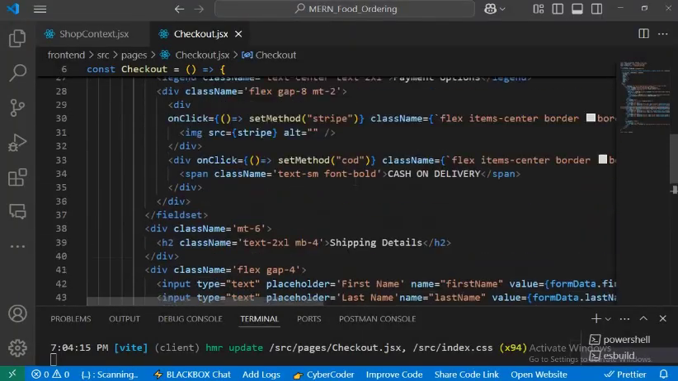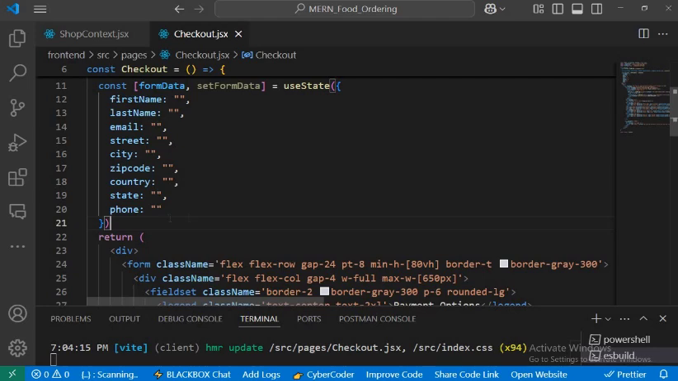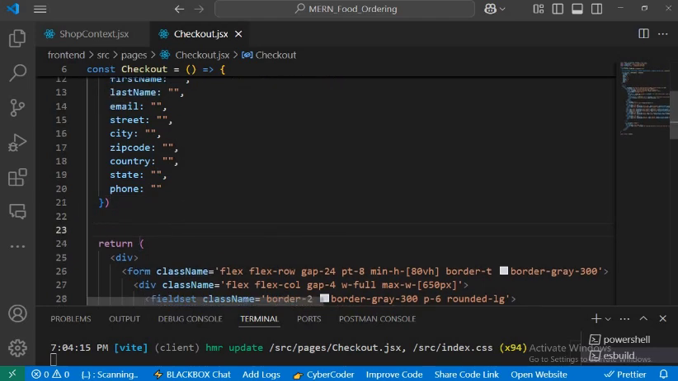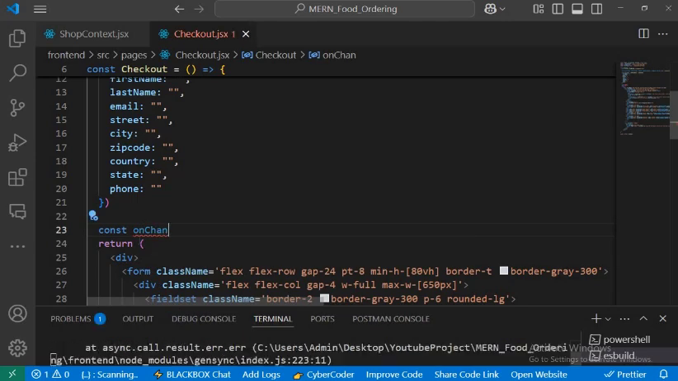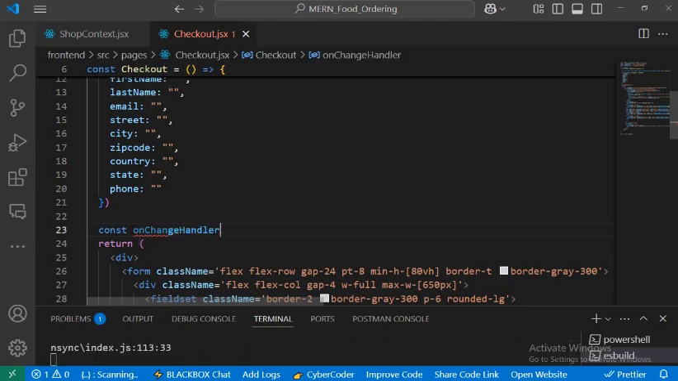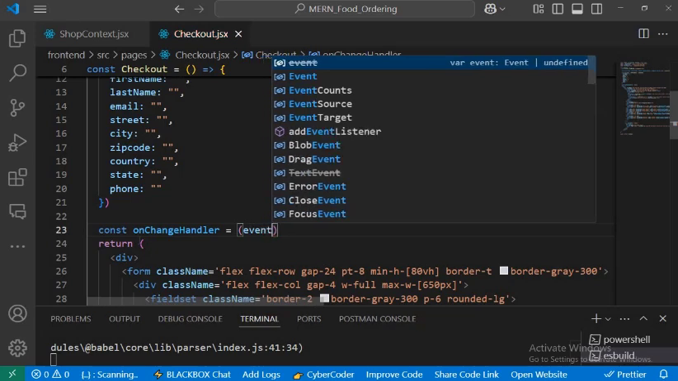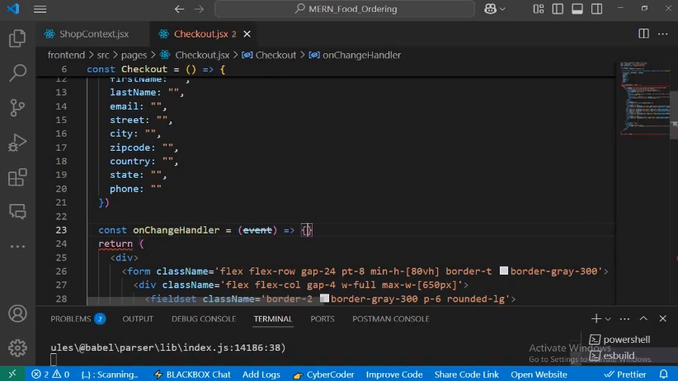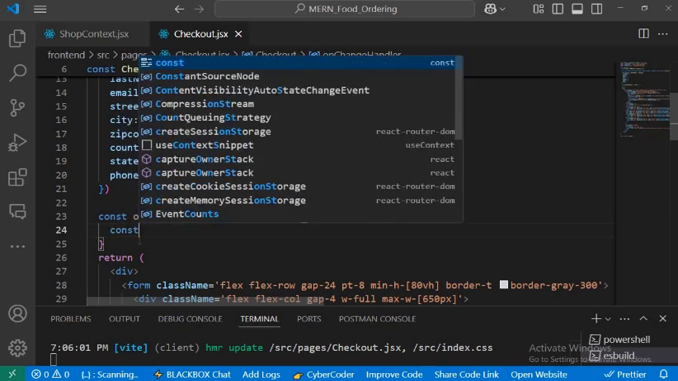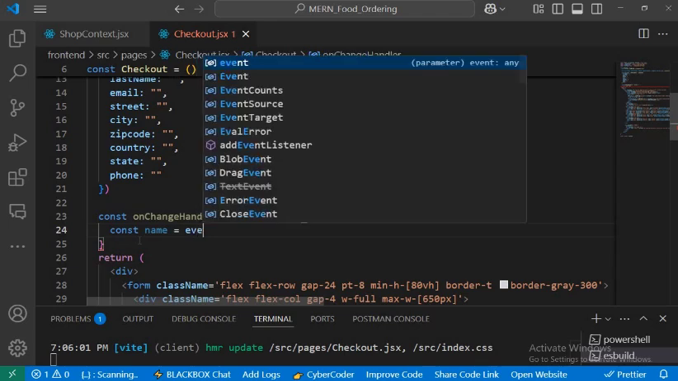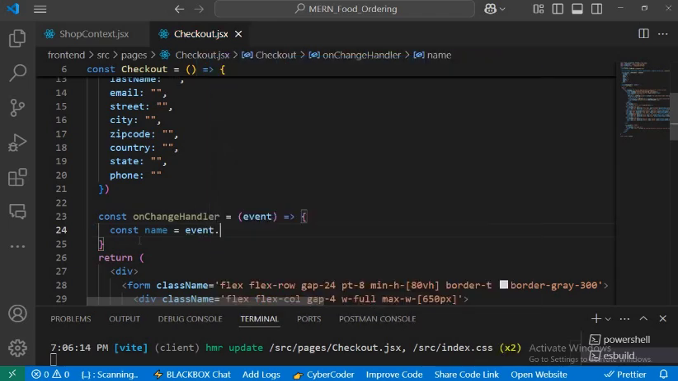So at the top here, after the form data, I'm going to create a function that will handle the changes in our input field, and I'm going to name the function onChangeHandler. It's going to be an asynchronous function, and I'm going to pass event as the parameter. In this function, the first thing we need to do is extract the name attribute of the input field that will trigger the event. So we're going to have const name equal to event.target.name,